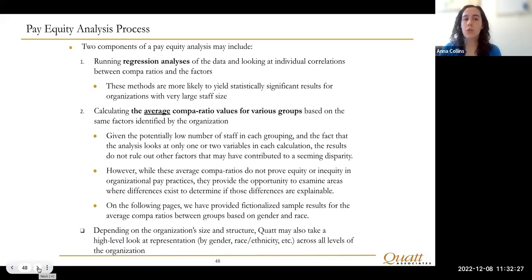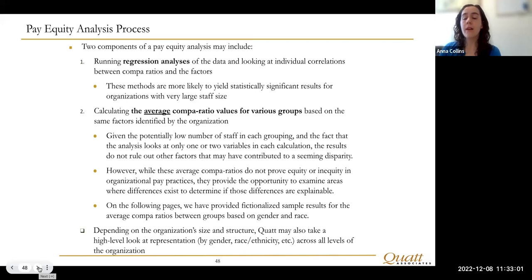So another thing that we'll do is we'll look at average compa ratios between groups. So if you've identified race, then we'll see which categories you have staff fall into, and we'll look at average compa ratios between those groups. And we'll see if they're coming out fairly even or if there are a lot of big differences. And one thing to keep in mind there is that if there are differences or there aren't differences, that doesn't prove that there's equity or inequity. It just gives us an understanding of where we should really be zooming in to find more